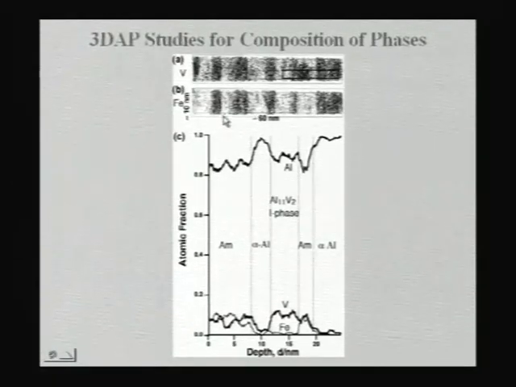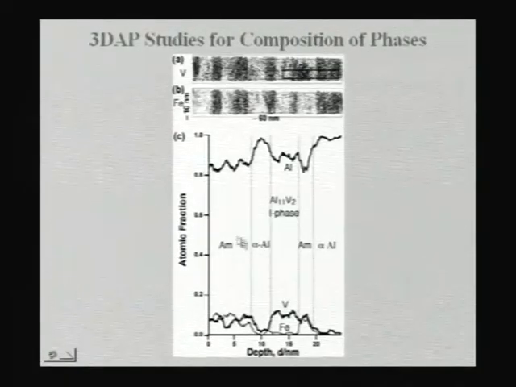So if you look at this and see, there are different domains there. Some regions where the iron is rich, some regions where the iron is poor, again another region where iron is rich. And if you look at this small box and try to enlarge that box and plot what is called compositional profiles as a function of depth, you can see that there is a small region where this is aluminum, this is vanadium, this is iron. There is a small region where the aluminum is slightly low, and another region where it is aluminum rich.